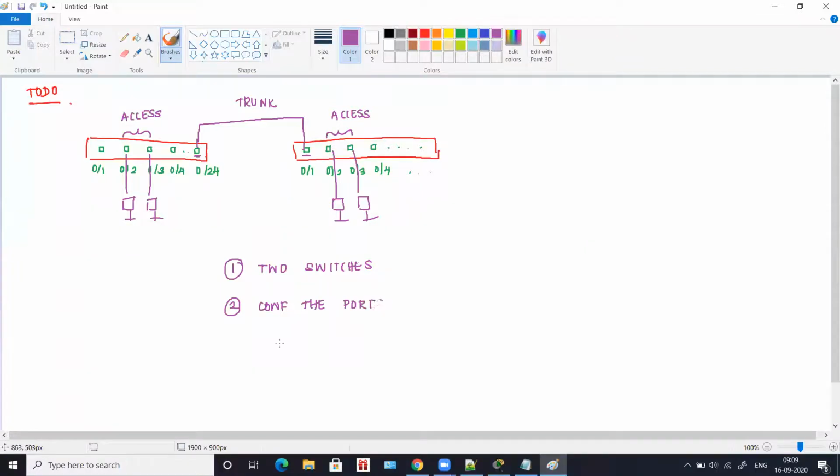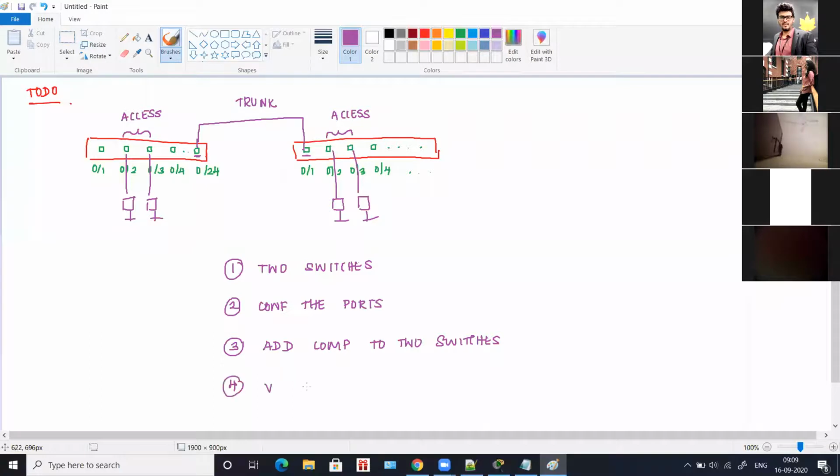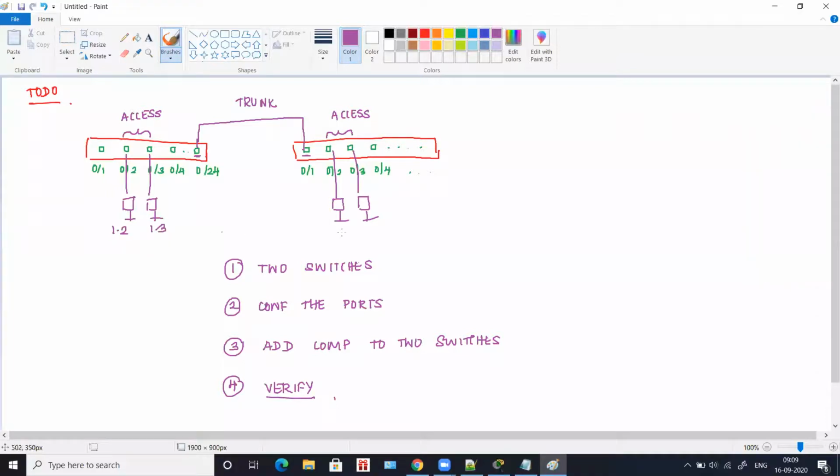After you configure the ports, you will add computers to the two switches. And after you add the computers, verify. Say this particular IP is 1.2, this is 1.3, this is 1.10 and this is 1.11. From the 1.2 computer, you have to ping 1.11. If you get a reply, then the setup is correct.